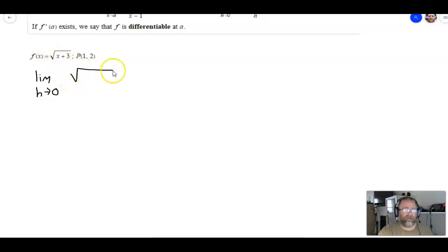So replace the x with a plus h, so the square root of a plus h plus 3. That's our f of a plus h minus f of a. F of a means we go to our function here and replace x with a. So the square root of a plus 3